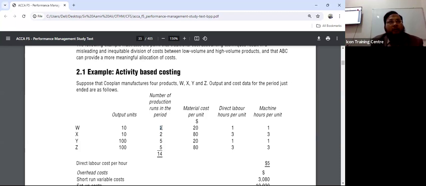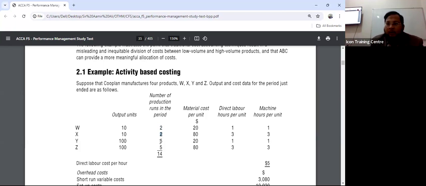It takes time. It costs you a lot. Then you print something, right? So we are just assuming that if we produce 10 units of W, it will take 2 times the process to run. Similarly for X, but if you can see for Y and Z, they require 5 times production to